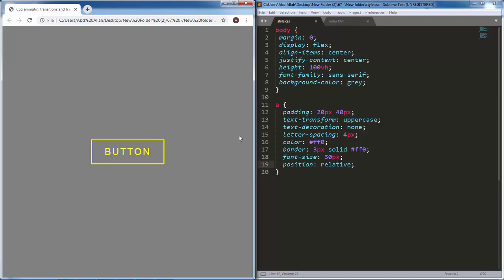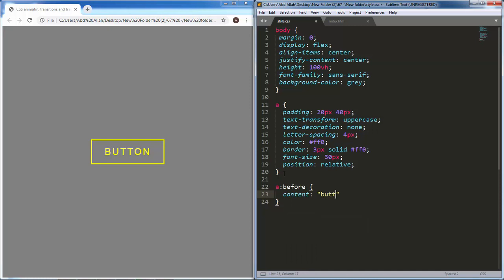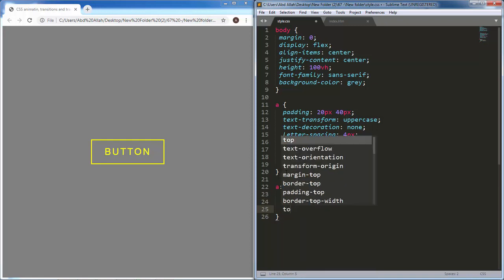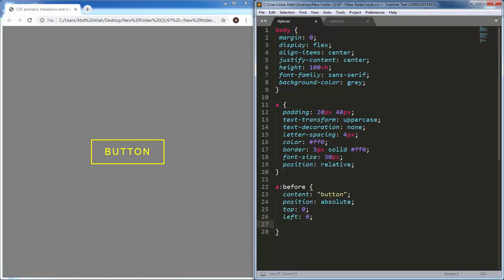Next, we need to create the background that vanishes to the right and the one that takes its place. We will start with the one that vanishes, and we will create it using the before pseudo element. So I will go right here and say a colon before, and inside it I will add content button, because we want it to have the word button. Then position, absolute, top, 0, left, 0, and because it takes the same width and height as the original button,